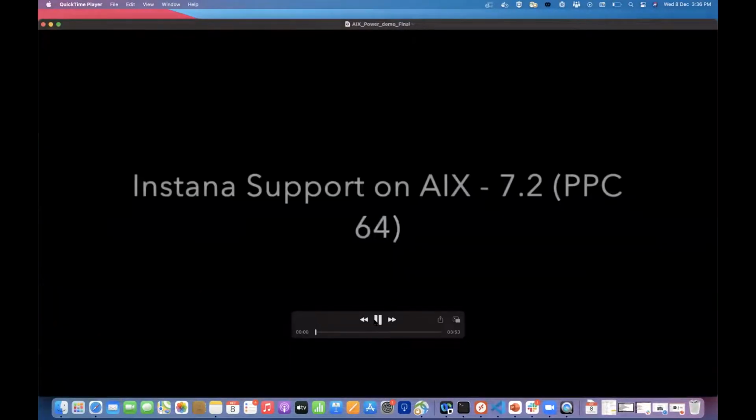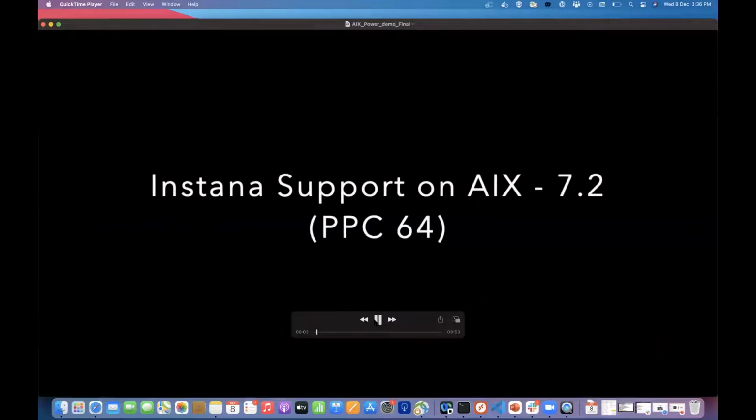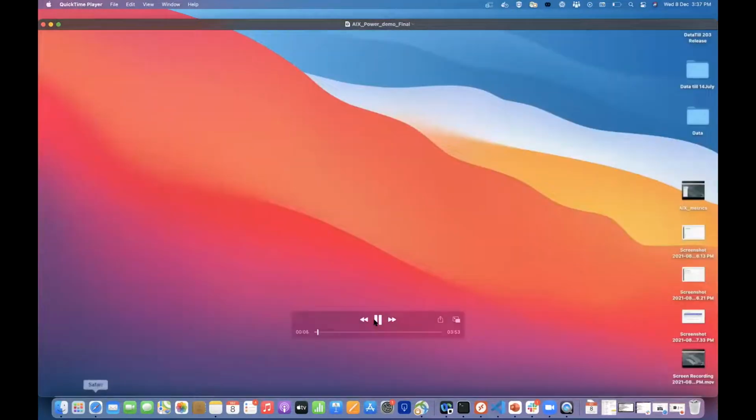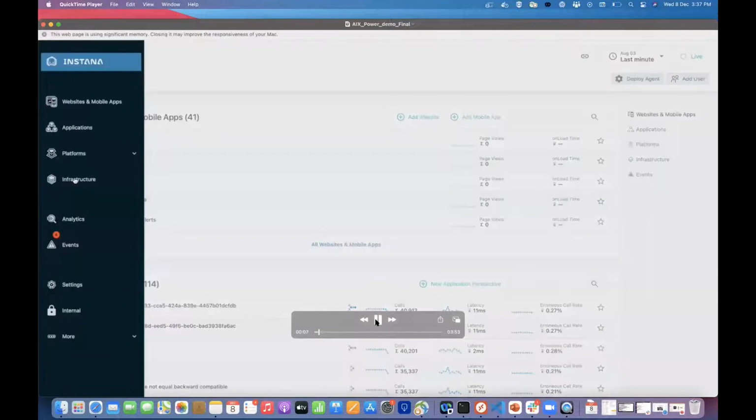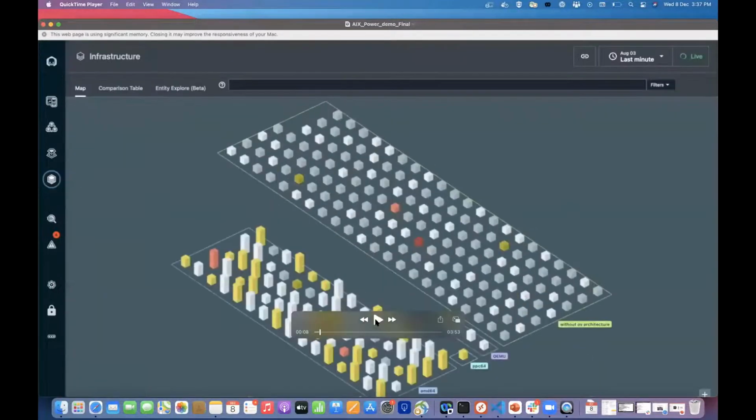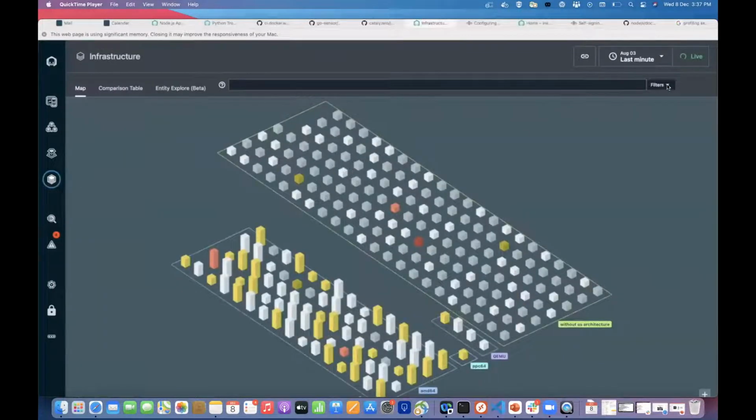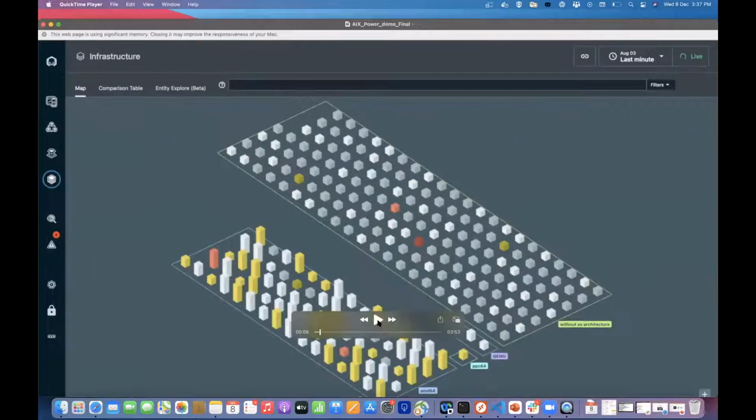So basically on power, it is supported for multiple flavors like AIX, Ubuntu, Rail. So multiple VMs are supported. I'm demonstrating here only for the AIX, for demo purposes. As Chinmay mentioned, it is a client server architecture. So once your server is up and you install the Instana agent on your client VM, that is the client.